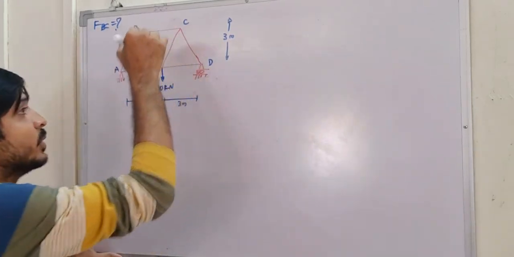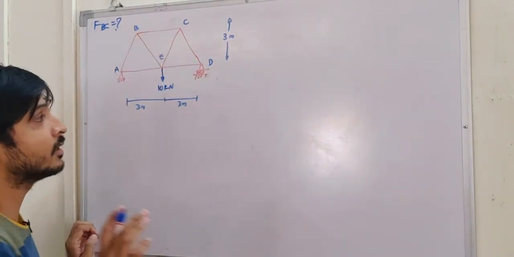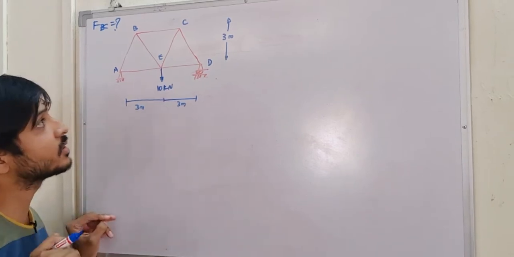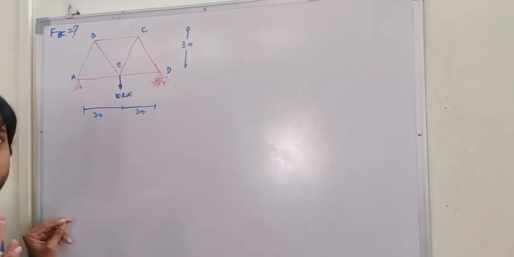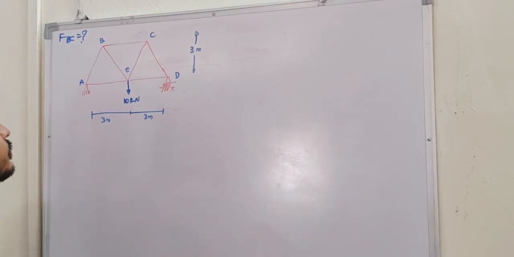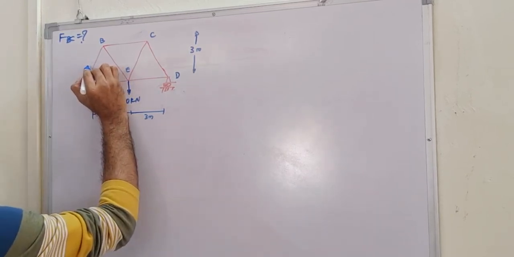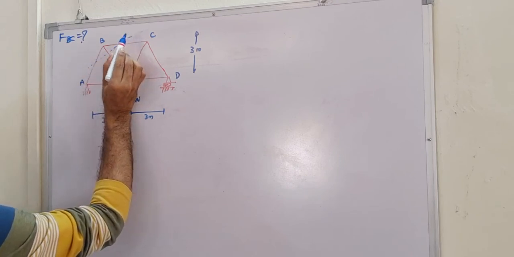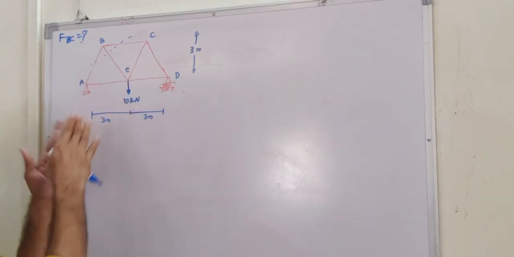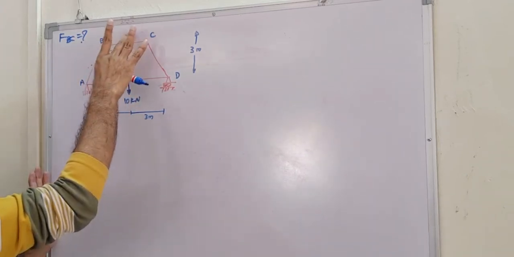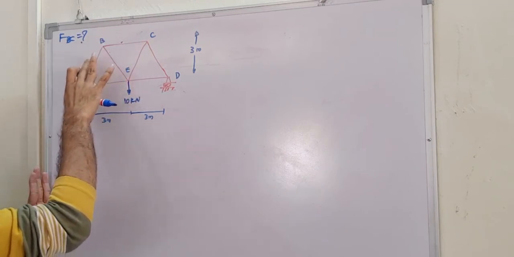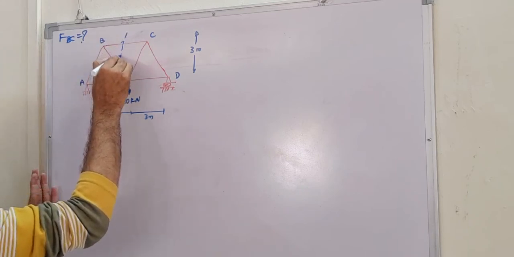First one, the truss has to be made into two parts, and it has to cut a maximum of 3 members, even 2 members is also fine. And next, you have to cut the section on the member in which the force is asked, and the cut members should not meet at the same joint. Here, if I cut it like this, the truss is not made into 2 separate parts, right? So this is the wrong way. Next, how we can cut: even here all the members are meeting at the same joint. So this is how we can cut now.